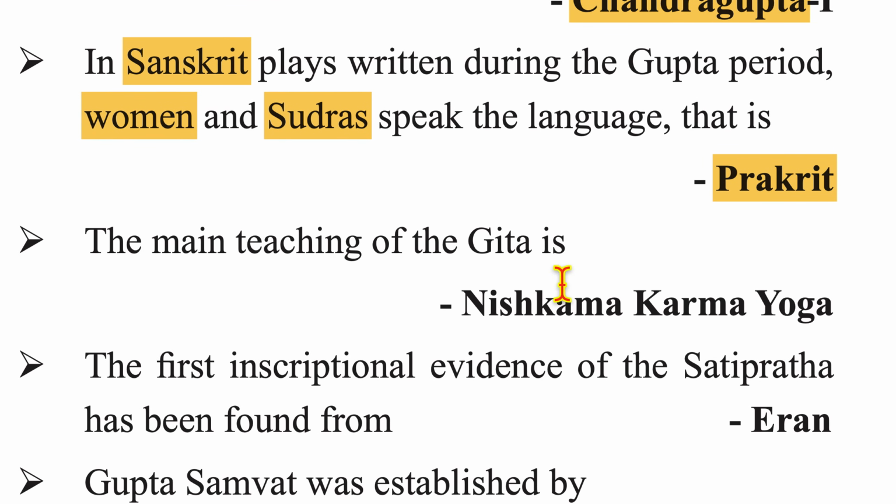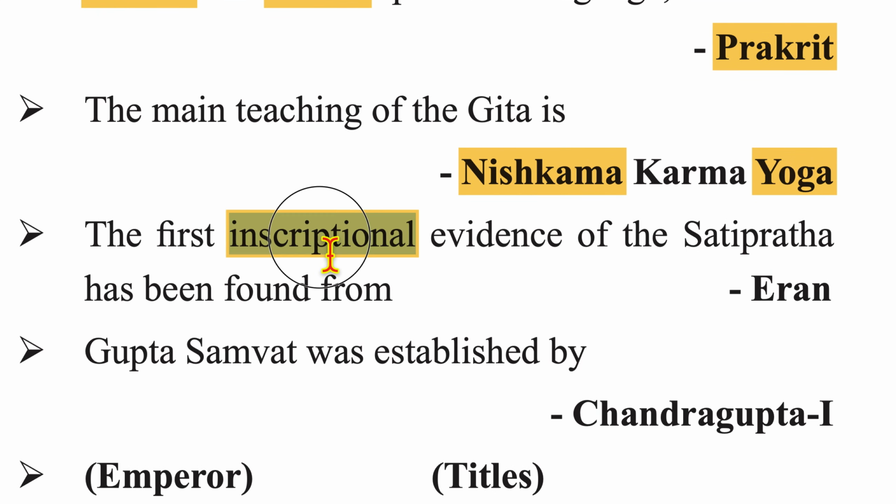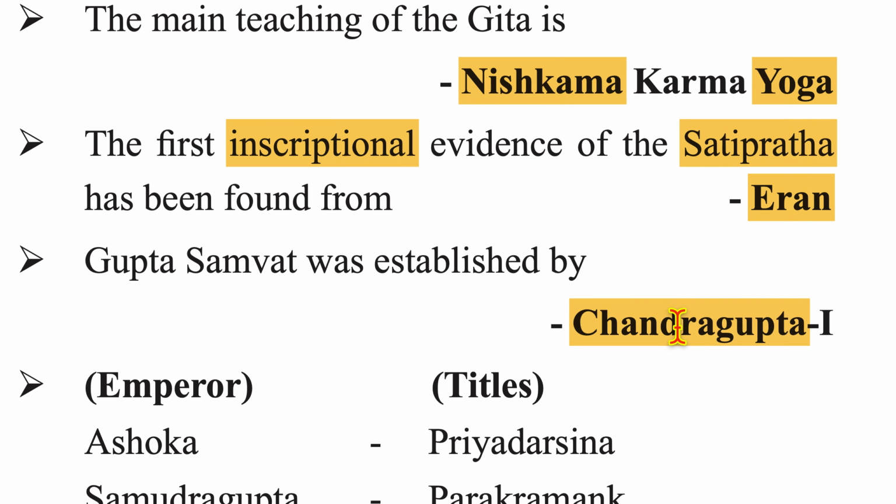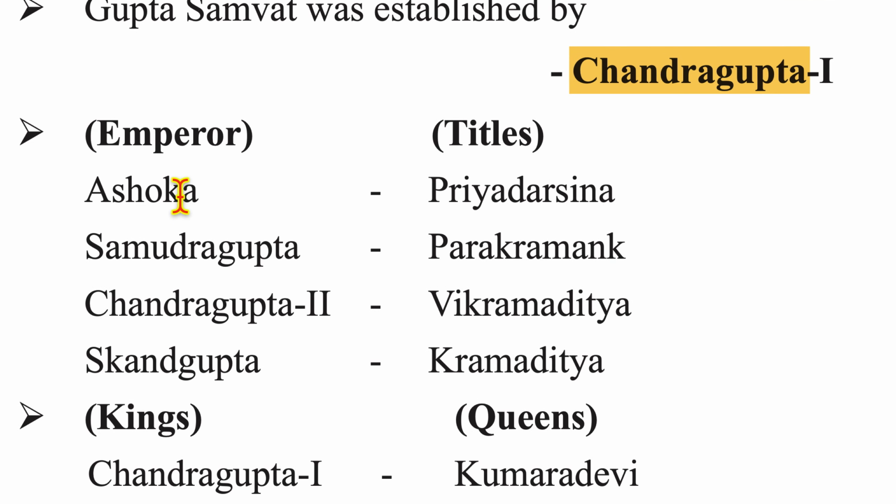The main teaching of Gita is Nishkam Karma Yoga. The first inscriptional evidence of the Sati Pratha has been found from Iran. Gupta Samvat was established by Chandragupta I. Now the emperors and their titles: Ashoka, Priyadarshini,